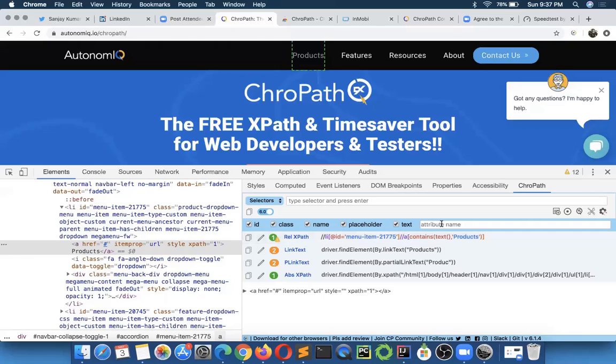Good. And if you feel that for your application there is some attribute, let's say your QA ID or data ID or test ID, which is unique and static, you can pass that here. So this is an item prop, let's say, hit enter. You see it will generate with your attribute. So this solves that kind of problem, when attributes or ID class are dynamic.